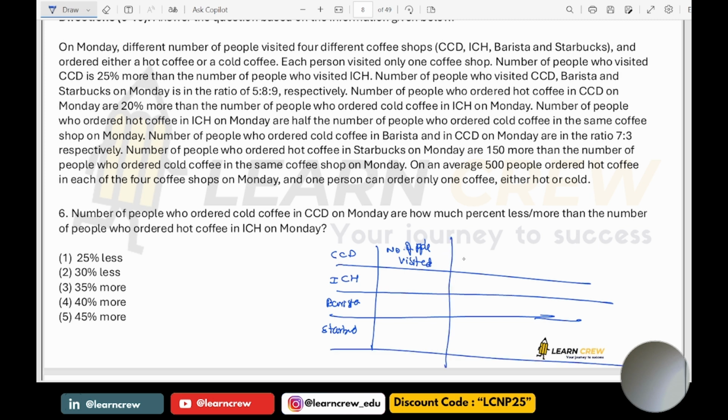Next is ordered. How many of them ordered hot coffee? How many of them ordered cold coffee? So if you see the final chart after doing the calculation, I am writing here. See, it is given what we have here: on average 500 people ordered. So what we can say here, total